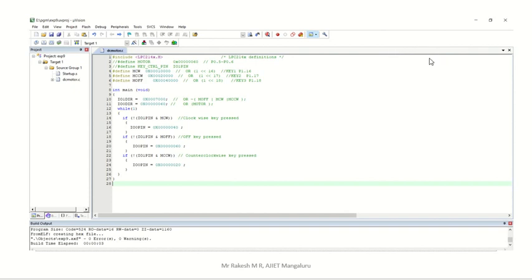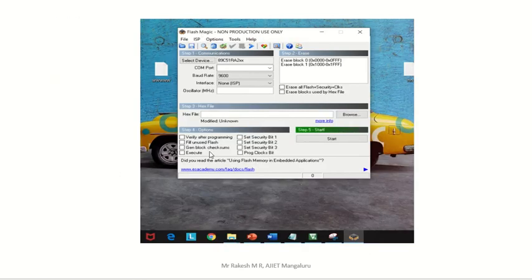Once you minimize that software, just minimize this Keil software. Then we have to go to the desktop, or in your program window you will have another software. You have to install another software that is called FlashMagic. Just double click on that FlashMagic software, then you will get this screen. I double click that on the desktop, then I will get one screen here.